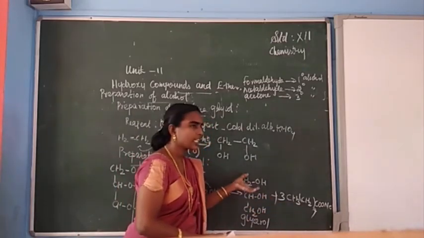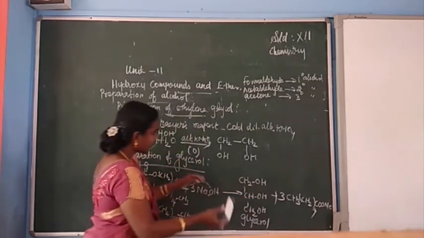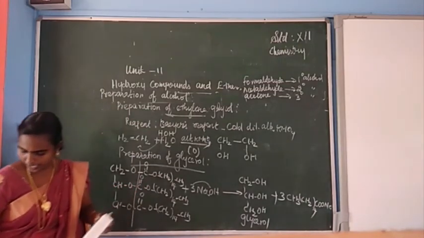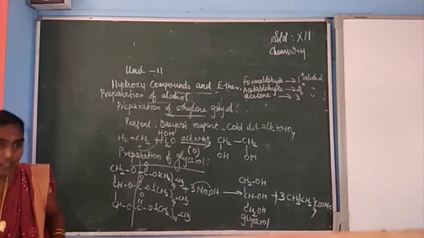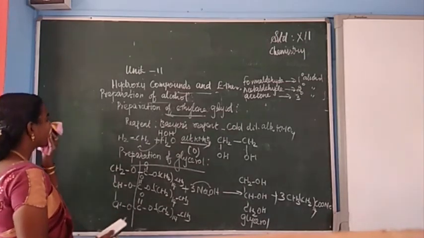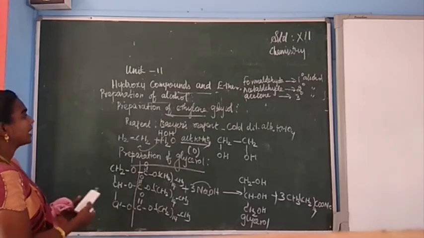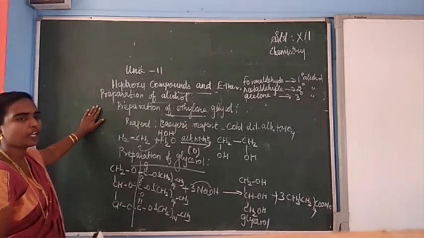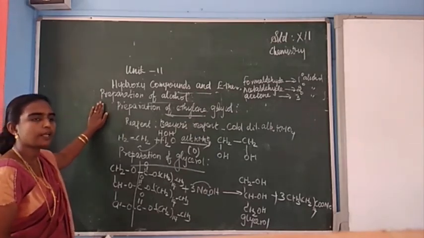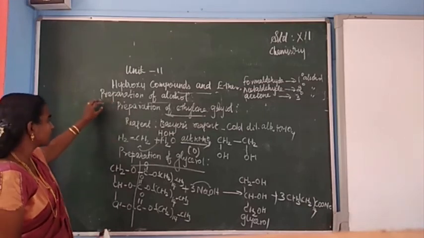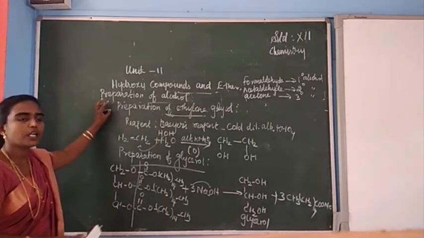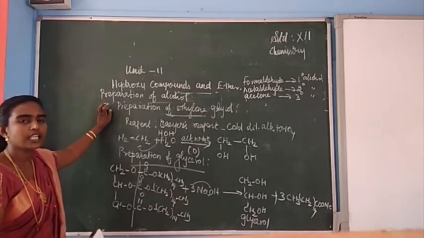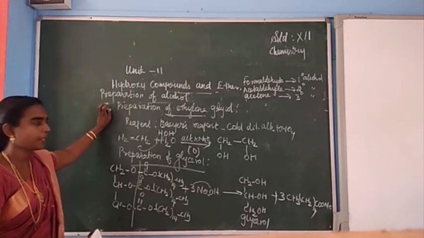So glycerol is an example of a trihydric alcohol. Ethylene glycol is an example of a dihydric alcohol. So in this class we have seen types of alcohol, IUPAC naming of alcohol, and preparation of alcohol. Preparation of alcohol can be done by 5 methods. First one we have seen, using Markovnikov reaction we can prepare alcohol. Second method, from Grignard reagent we can prepare alcohol.